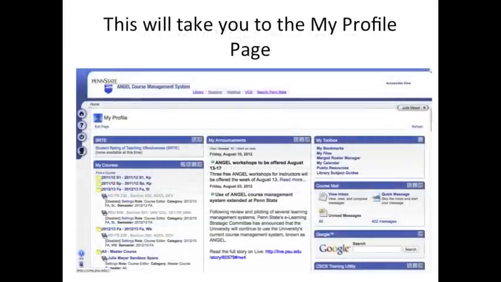You will be able to do many things from the My Profile page in Angel. First, you will see a list of your courses, which your instructors have made online materials available to you. Keep in mind, you may be responsible for printing out your own syllabus and other handouts, so make sure you listen when you go to class. Keep in mind, also, you have a printing limit, so do not overprint, or you will have to add additional